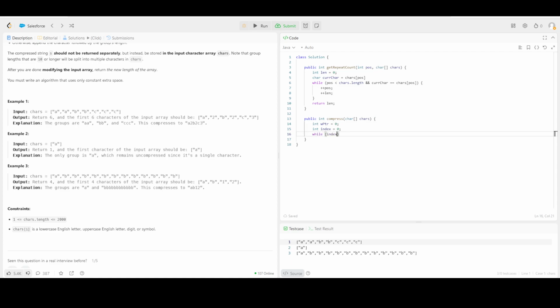Here we will see, while index is less than chars dot length, we will keep repeating it. And here we will figure out the repeat count: for this index position, how many times the character is getting repeated. Okay, for example,